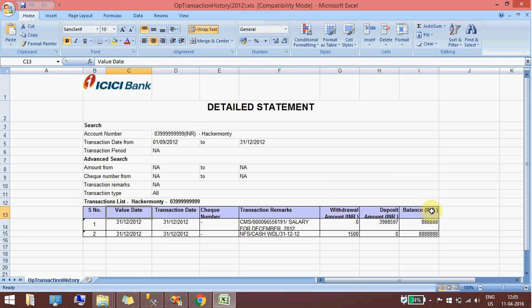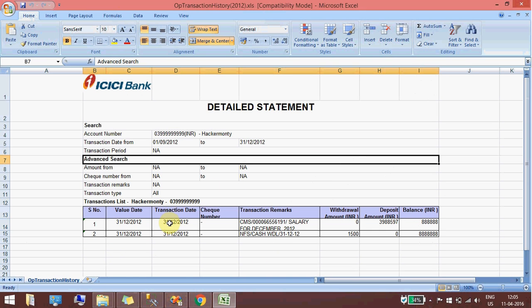So this is the header and this is the column. This is actually dummy data, so don't worry about this account number and balance. I have just made some changes. Only the format is important. So how am I going to load the data in my Excel, just observe here.